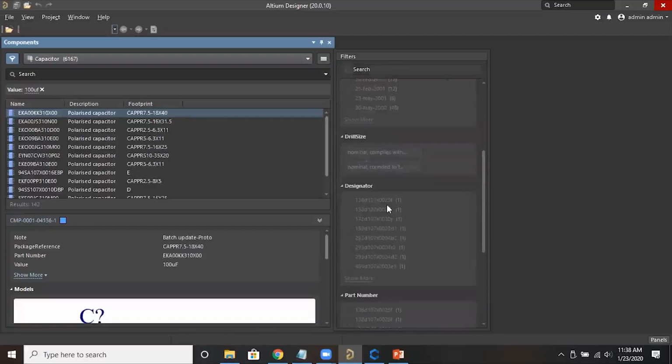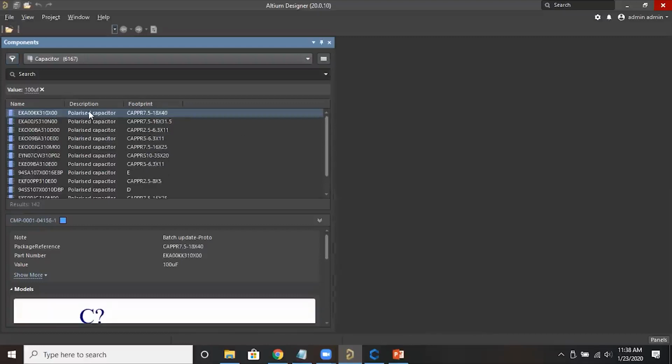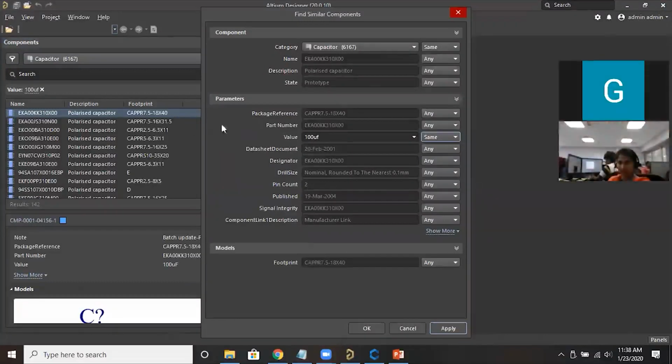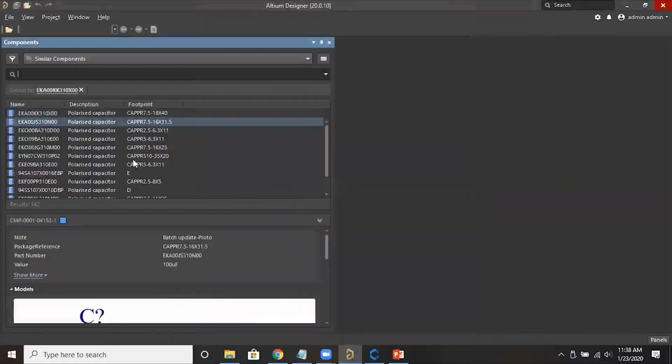So these filter options we can use, and also if we want to search for a similar component, we can use these options. Either you use the filter, or you use these options, like inside SIMATIC, where we used to search the component type. The same way here also you can search the component. If you apply OK, it will filter all the 100 microfarad components. In that way you can search, and directly place it in your SIMATIC.